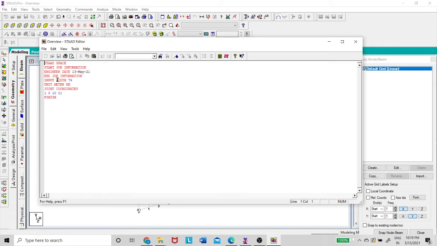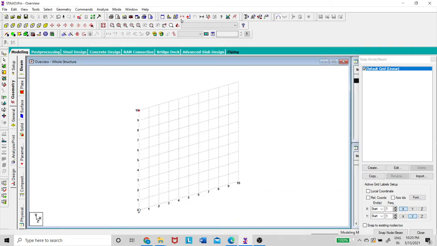it will give all the job information, that is which date you have created. Okay, so what is the input width, and what are the joint coordinates, what are the member details, what are the properties for which members you have given the corresponding properties, and what are the load definitions. Everything will be there whenever you do the graphic user interface, and the same thing will be reflected in the editor also. Because sometimes it is very useful, the repeated things are there,